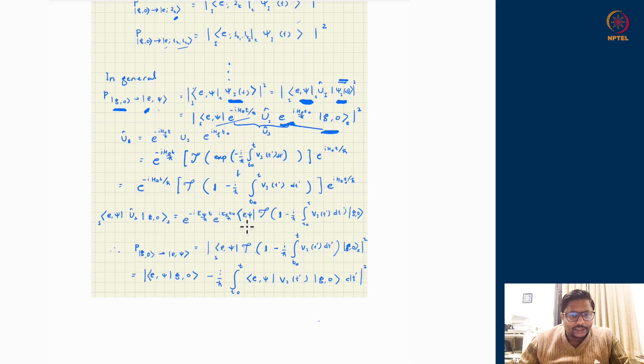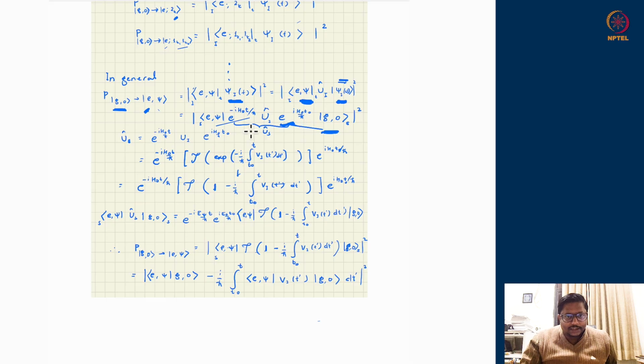And this would be squeezed between exponentials. So this should be t naught here. This should be squeezed between e to the power minus i H naught t and e to the power plus i H naught t naught from left and right correspondingly. So now let us open it up and see what I get. I have to take this Schrodinger unitary.